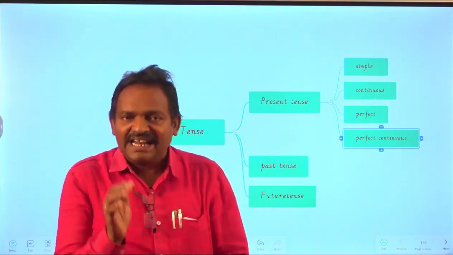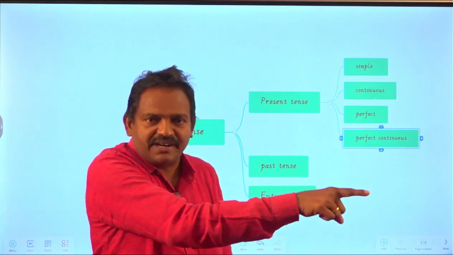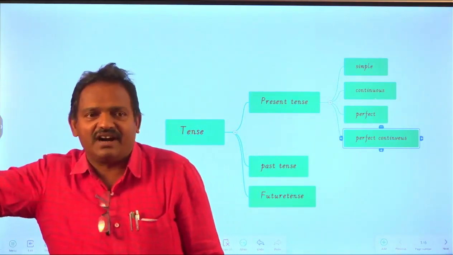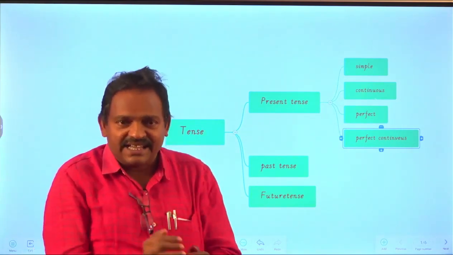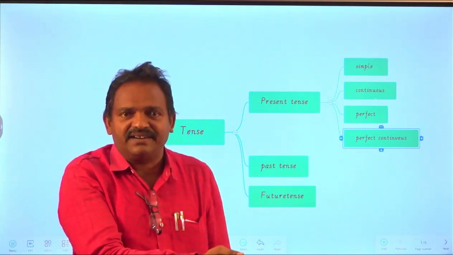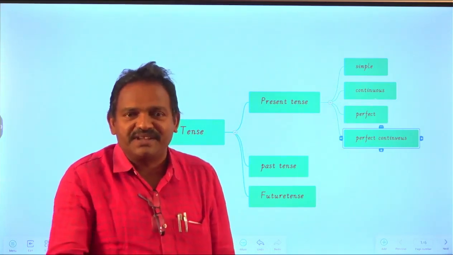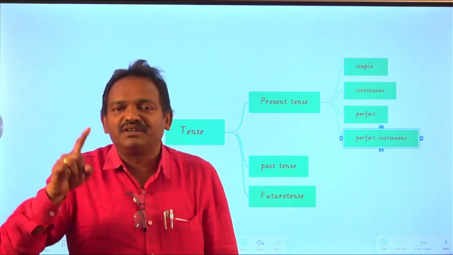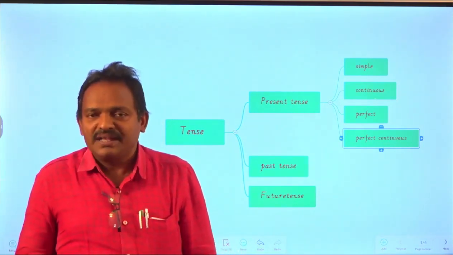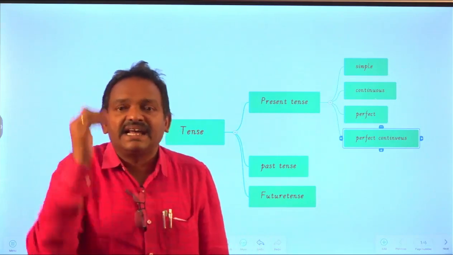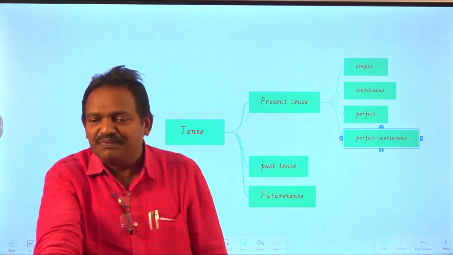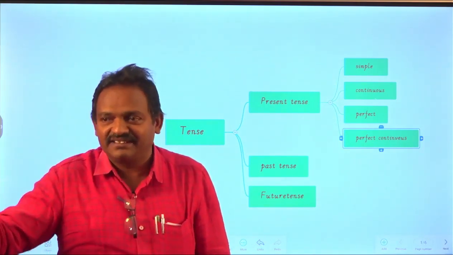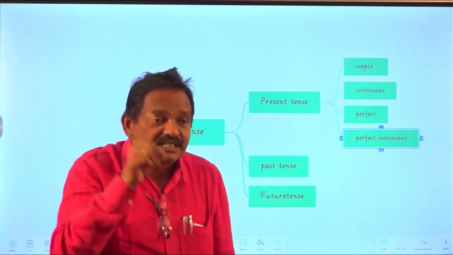Now go for the last one, present perfect continuous tense. That means an action which began in the past period is continuing at the time of speaking and still it is going on. Remember once again, the action began in the past, it is continuing at the time of speaking, and still it is going on. That is called present perfect continuous tense. Example, I say, it has been raining. Just before, I said, it is raining in the present continuous tense. But now I am saying, it has been raining.